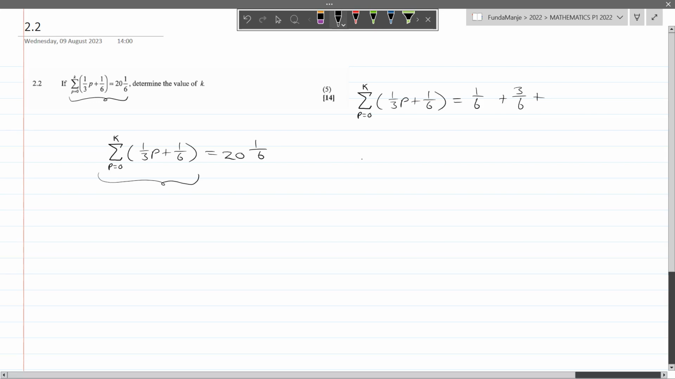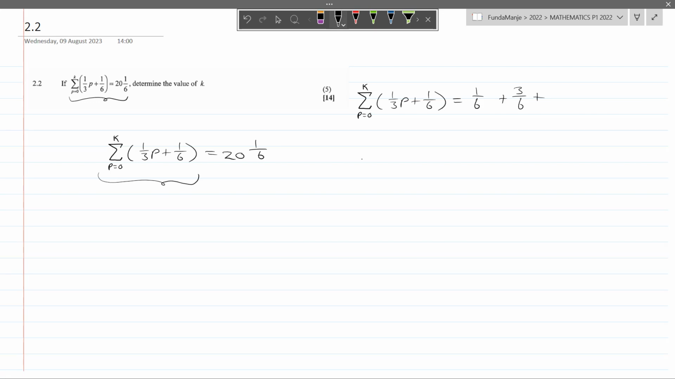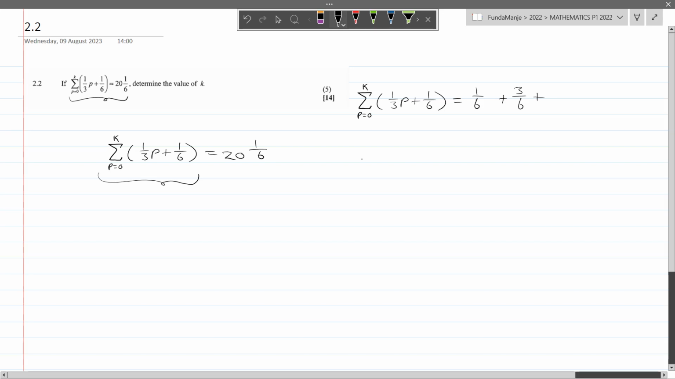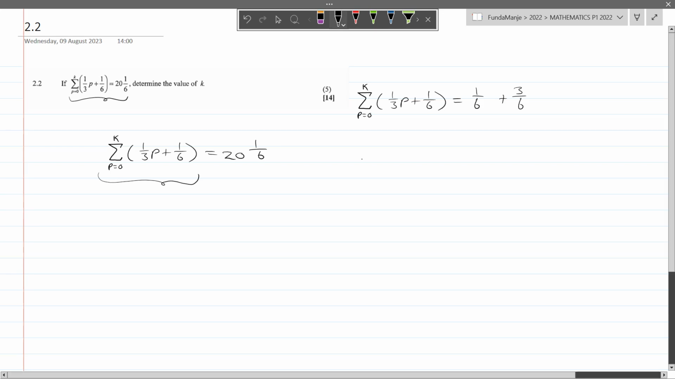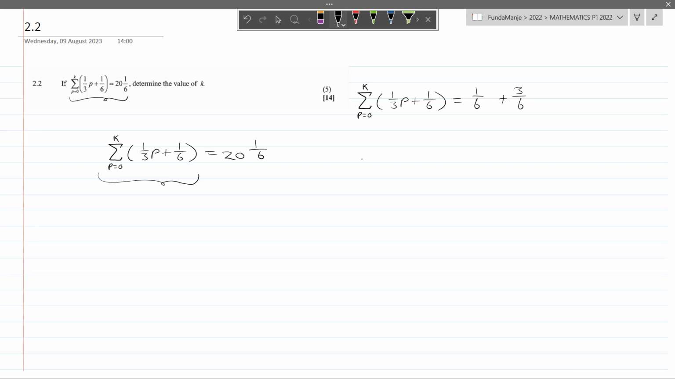But since we have p as a variable and not as a power, we already know that this will be a problem of arithmetics. So here this is a linear problem and we'll need to find the difference from this. So how do we get from 1 over 6 to 3 over 6? That will be